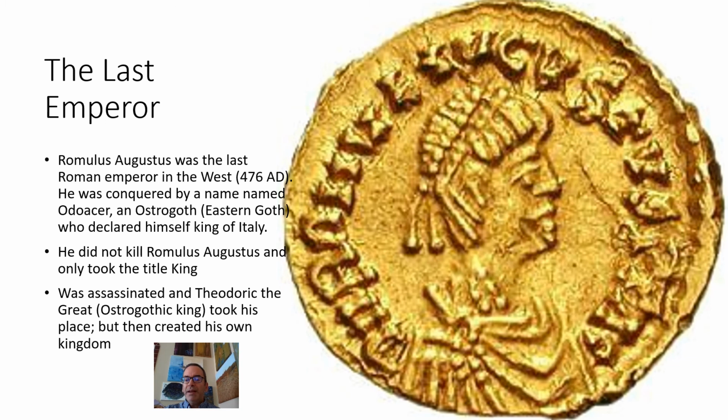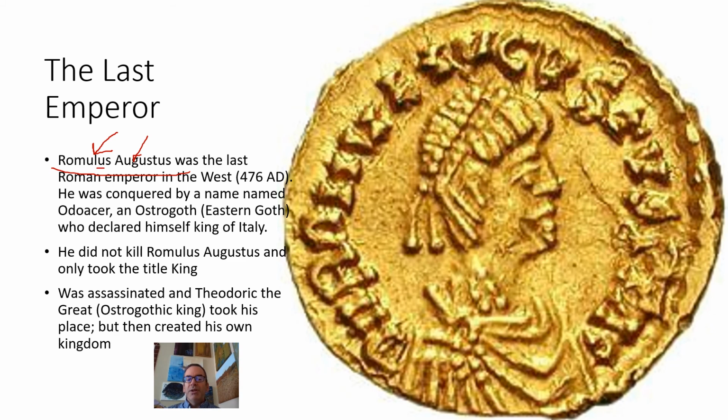Now, we do have still an emperor in the West through all of this mess. This was a man named Romulus Augustus, which is kind of ironic because if you know your early part of Roman history, Romulus was considered to be the person who founded Rome. And then, of course, Augustus, which is part of his title, is the first Roman emperor, and he becomes the last Roman emperor in the West, so Romulus Augustus. He was conquered by